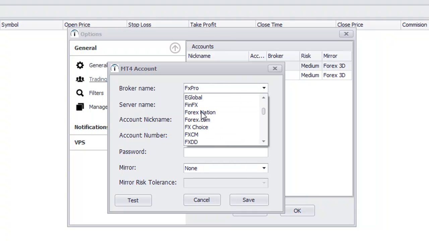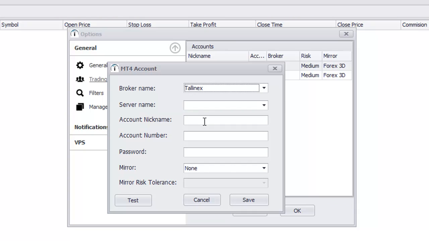Say if it's Tolinex, is one I've started trading with lately, and Finifex. Select your broker, and then the broker's servers will be listed. You select the server, put in a nickname, so you can come up with whatever you want. This is for you to be able to recognize your account. You type something in there, and then you put in your account number. This is your MetaTrader account number, and then your